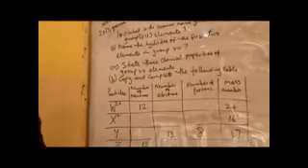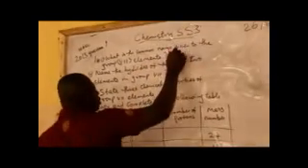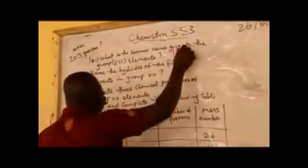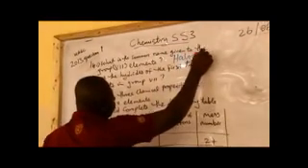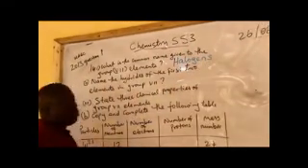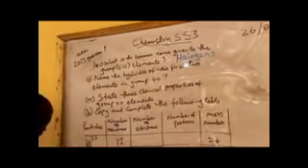The number 1 question says, what is the common name given to group 7 elements? They are called halogens, or salt formers. That is the general name given to group 7.